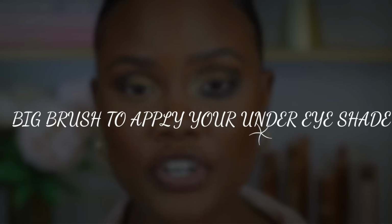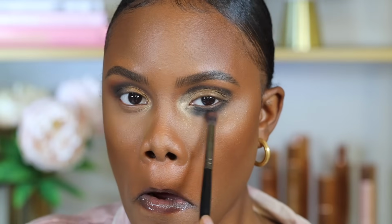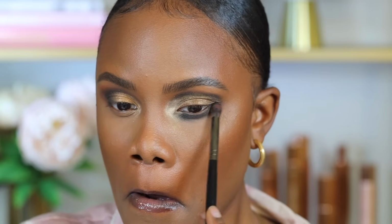All right, so the next mistake is using a big brush to apply your under eye shade. So picking up that black shade and going in with a super big brush and smudging it right under your eye, because that's the first brush that you picked up, or it's a brush that you think could work, can really mess up your eyeshadow look, because you can place too much, and your under eye should really be simple and smudged out. But because your under eye is very small, you don't want to pick up a big